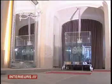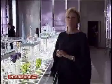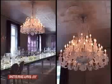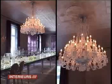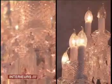What you should know is that in 1824 our establishment only produced pendants which were assembled as desired by the customer, and it was only in 1850 that we first began to make actual chandeliers. Okay, most of us would have to think twice before buying one of these models, but we have to admit